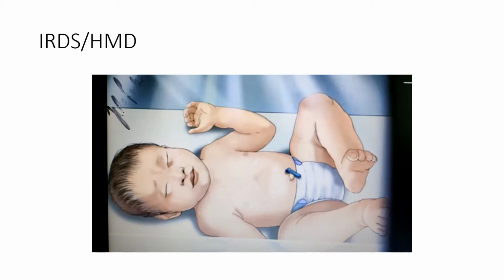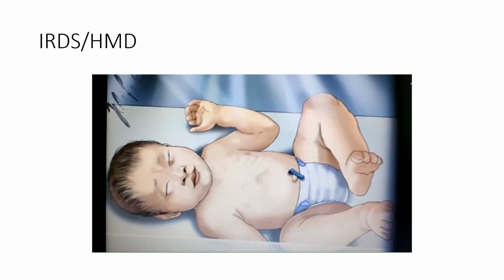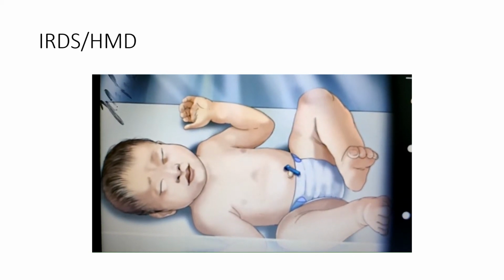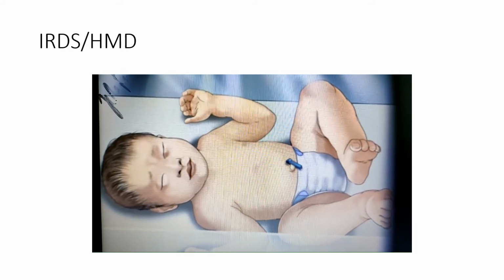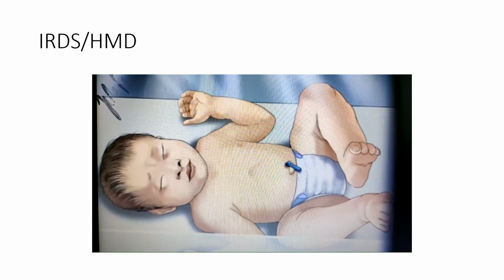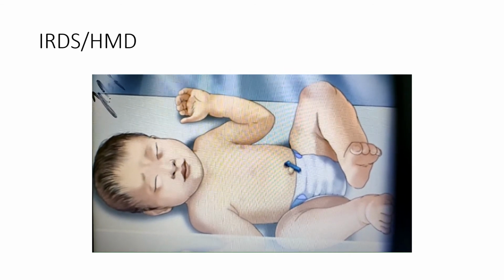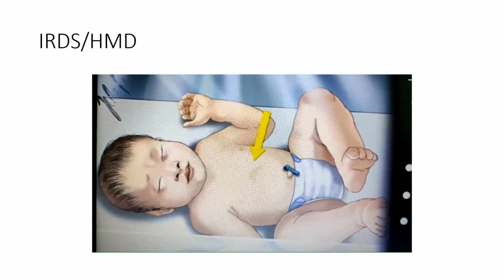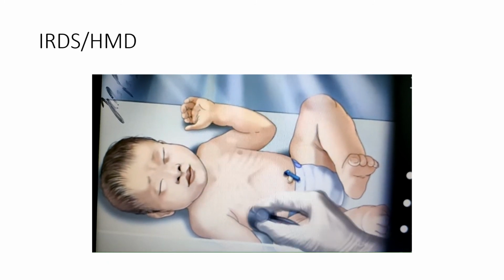So this is a video showing the subcostal and rib retractions in the infants because of flexibility of their chest wall. So there is maximum effort to breathe, which sucks the chest wall inward and increases the work of breathing, potentially leading to exhaustion. And there is head bobbing also seen due to the contraction of accessory muscles of respiration with respiratory distress. So you can see the alar nasi contractions and the rib contractions.